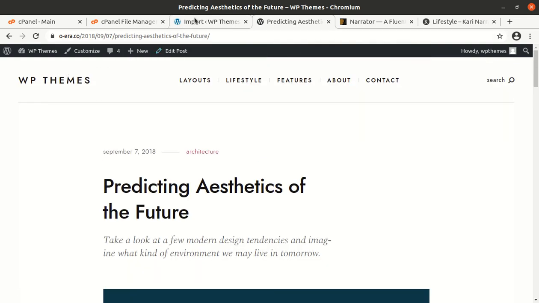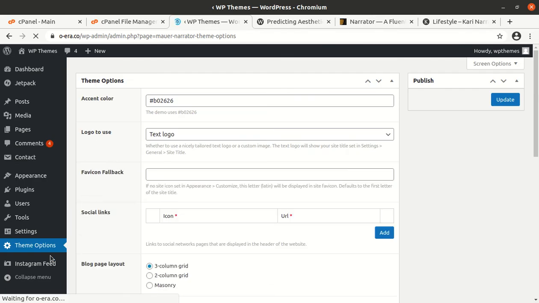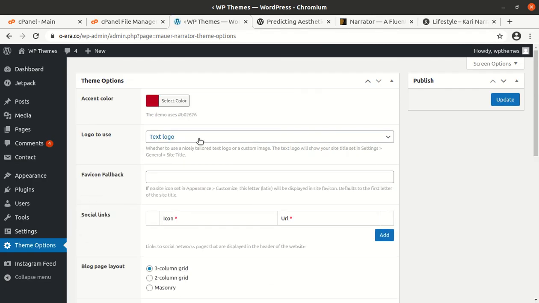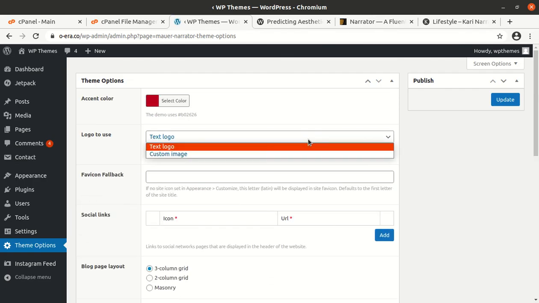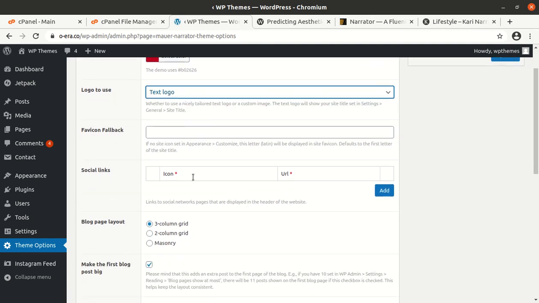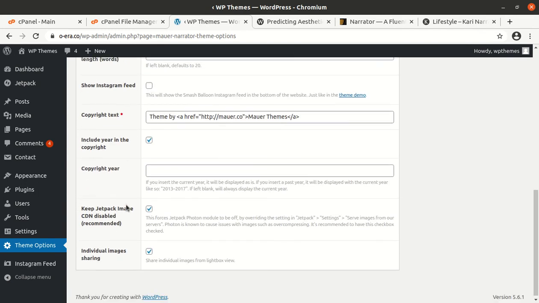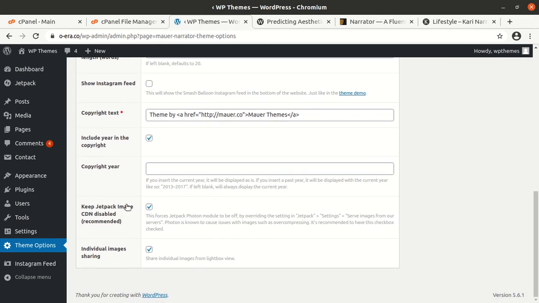Now we can check the theme options, what is available additionally. And this is accent color, text logo, or custom image logo. You can change whatever you need, and some basic settings are here. In a blog website there is not much in the way of settings.